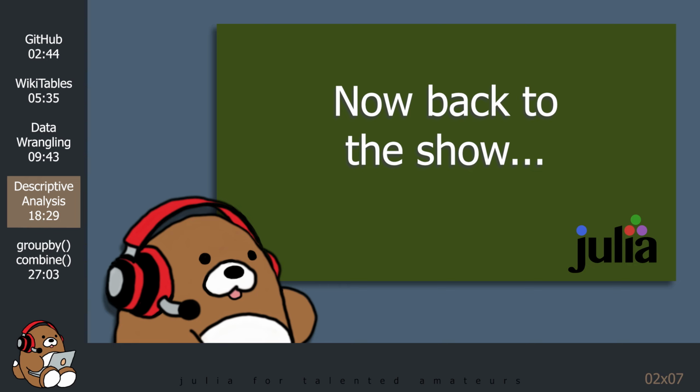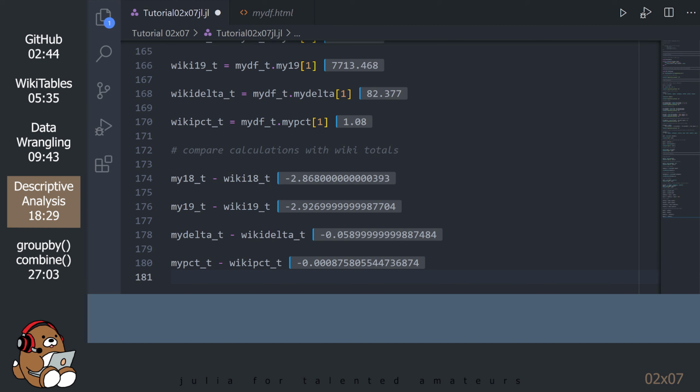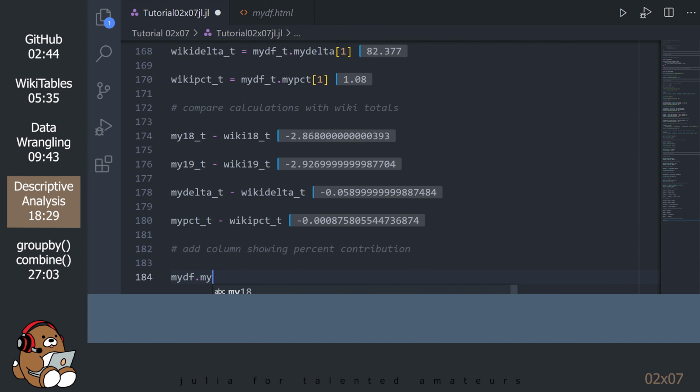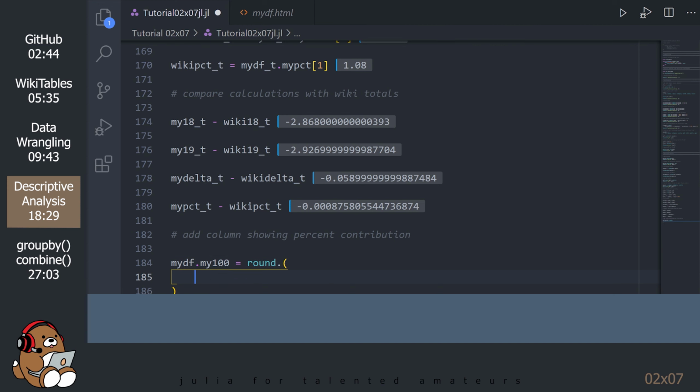Before we move on to the next section, let's add one more column to our data frame. Let's add a column showing the percent contribution of each country to the total world population in 2019. The sum of this new column should add up to 100%.